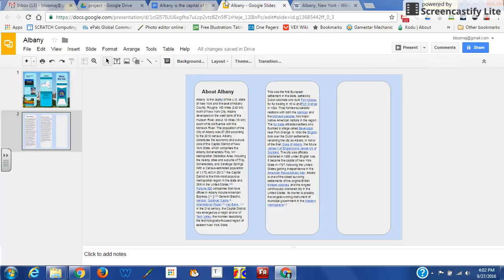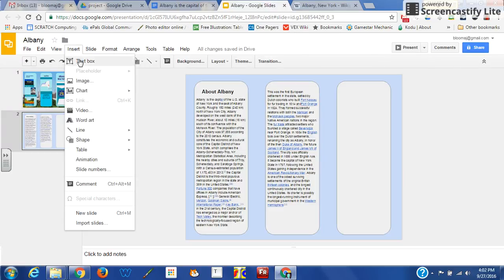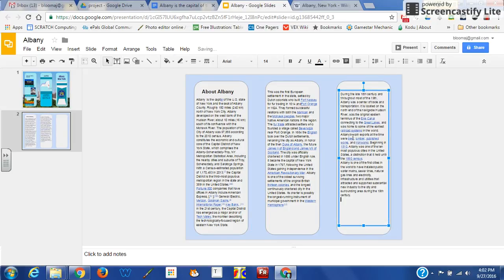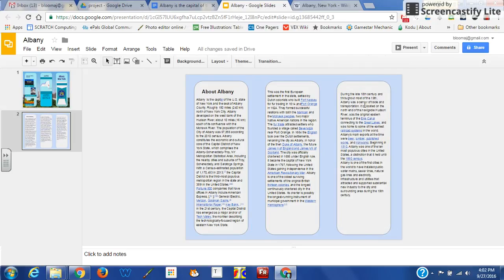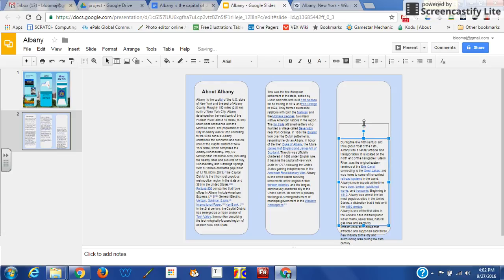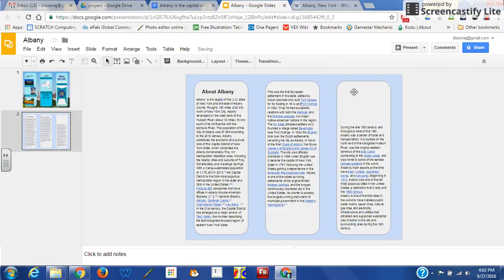Teachable moments. I'm going to go to insert, text. See, I'm not reinventing any wheels. This is nothing that I'm retyping or re-researching. This is already done for you. Okay, so now I can play around with these text boxes. So you see there's a lot of dead space on the bottom here, dead space over here, and I'm just going to insert